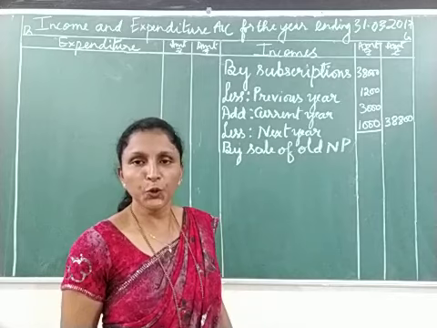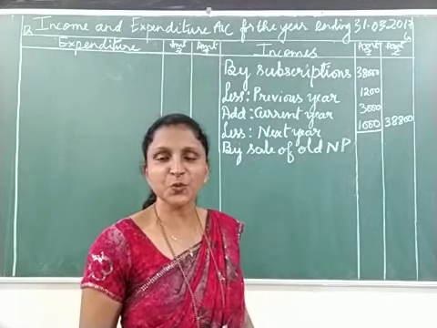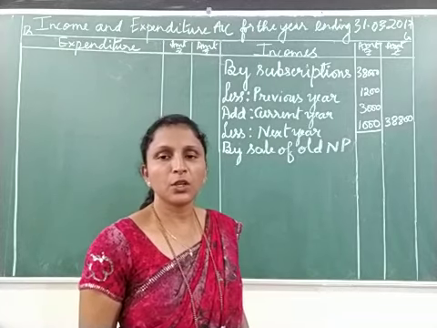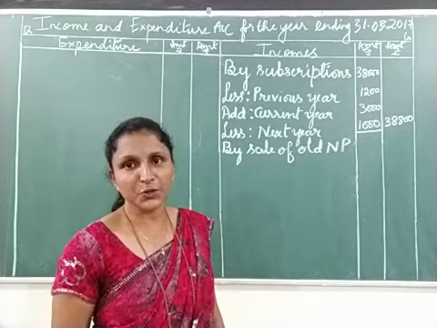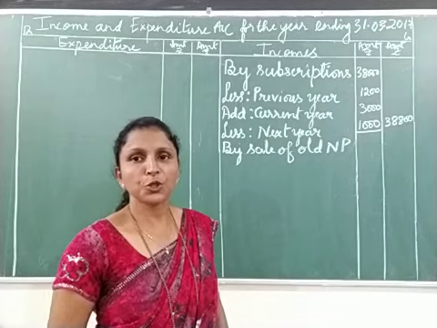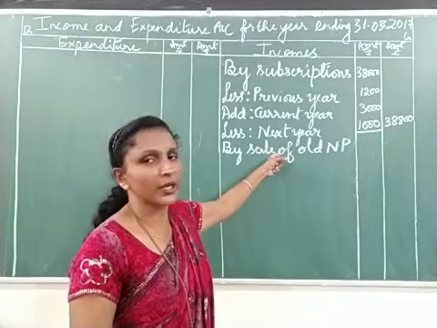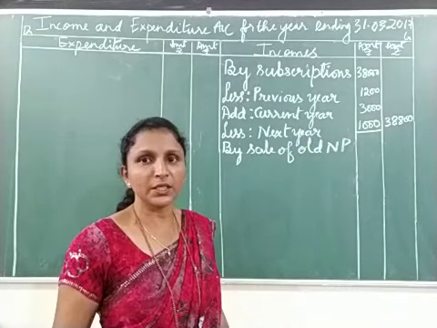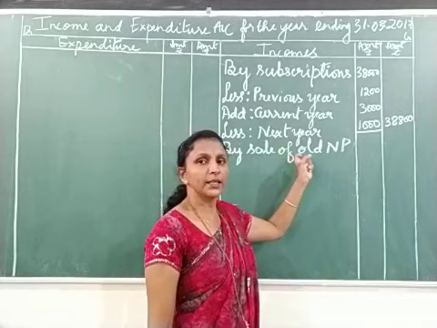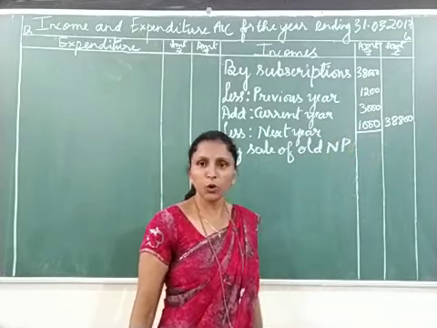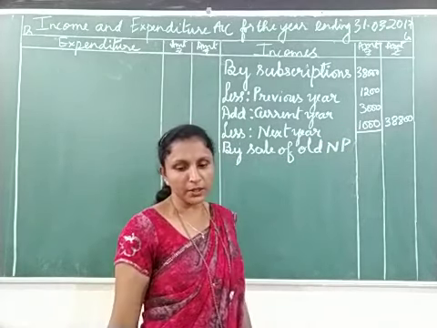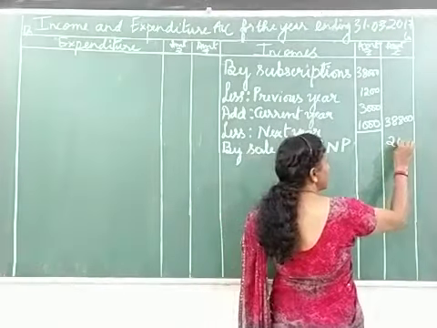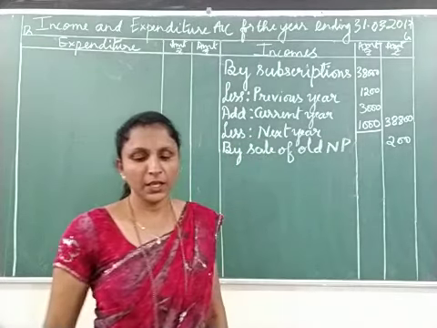What's the amount? 200. Check, are there any adjustments related to that, either in the opening balance sheet or in the adjustments? No. Nowhere is anything related to sale of old newspapers given. So as there are no adjustments related to that, we can write the amount directly in the outer column. So you have put a tick mark to sale of newspapers, and it is 200, written in the outer column.